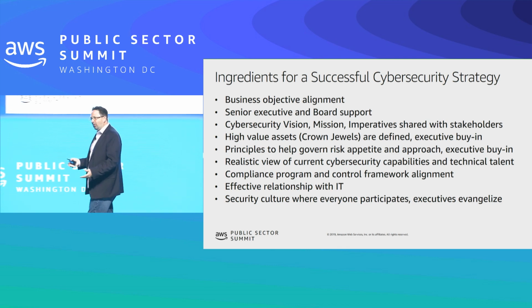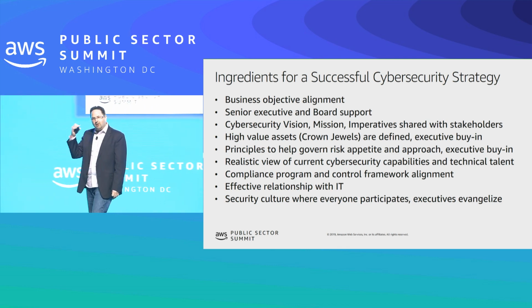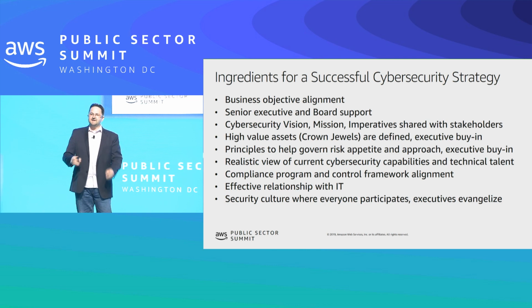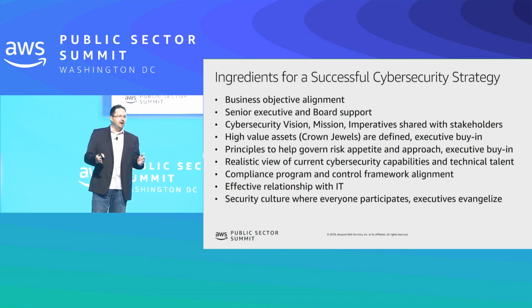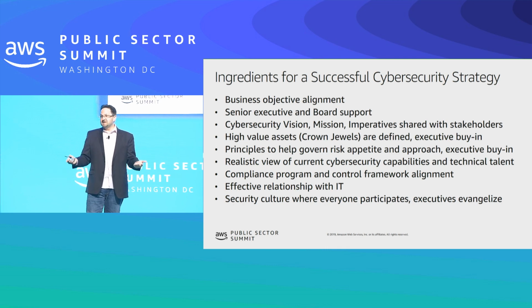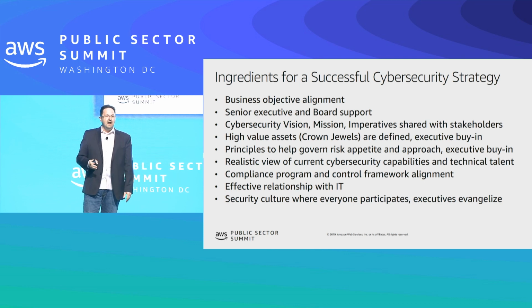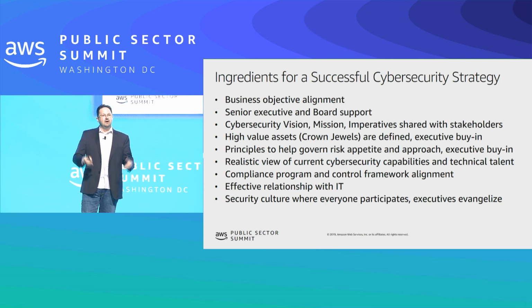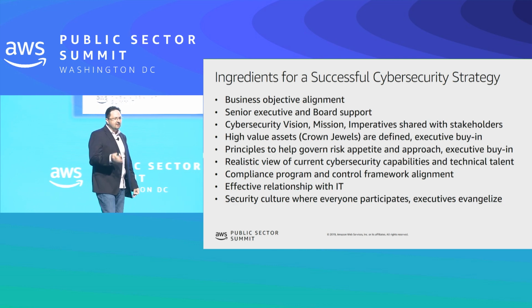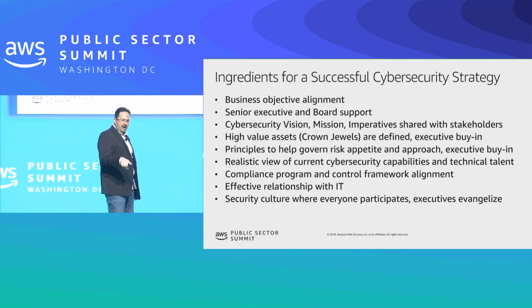Senior executive and board air cover is what I call it, is super important, because I don't know about where you work, but everybody that I talk to has limited resources, right? We live in a world that has limited resources. Those resources have to be divided up amongst all of the people working inside the organization. And so you actually have to work together to be successful in a world like that. And in order to do that, you need the help of the C-suite, the board of directors, and they need to be aligned with what you're doing, okay?